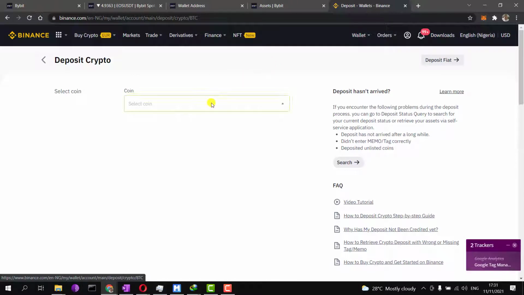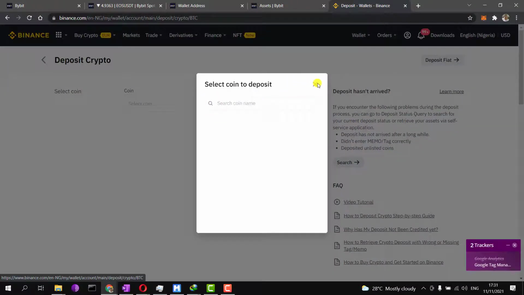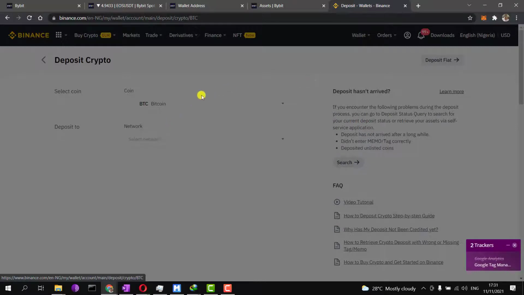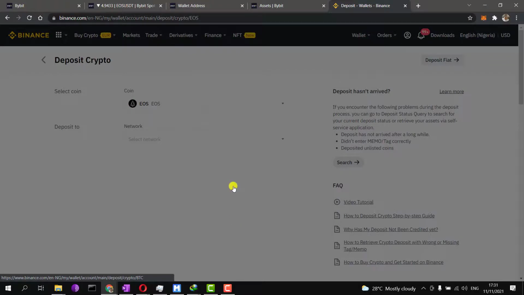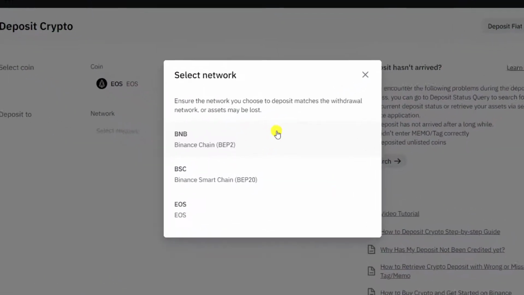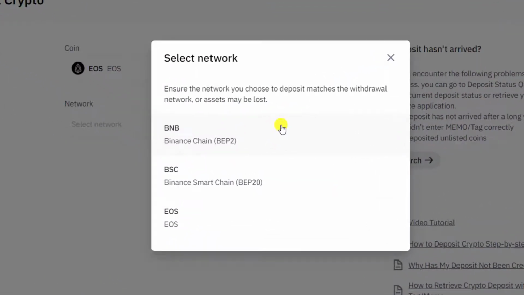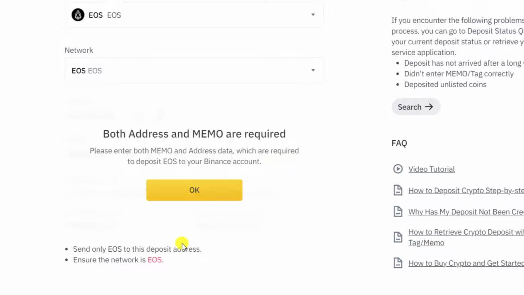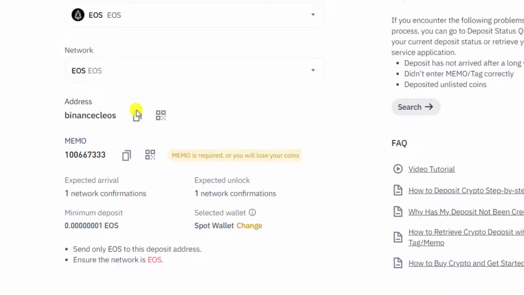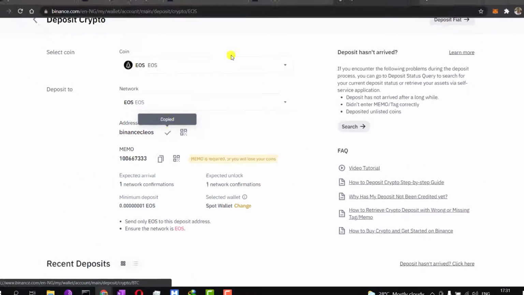Now select coin. What coin do I want to deposit? I want to deposit EOS, right? So I choose a network. And this is what I'm talking about. Now you have three networks, but remember that it was only the EOS chain you had on Bybit. So choose EOS. Okay. You copy this. Copy this. Go back to